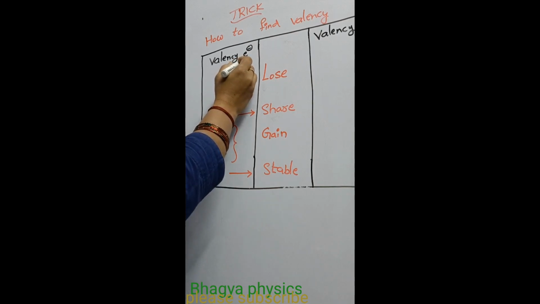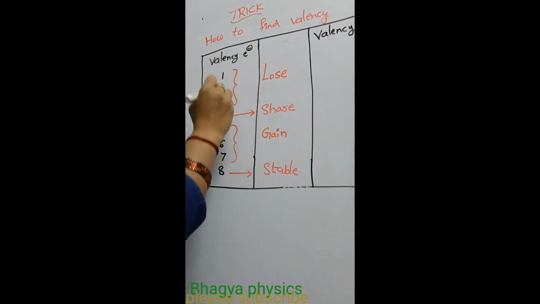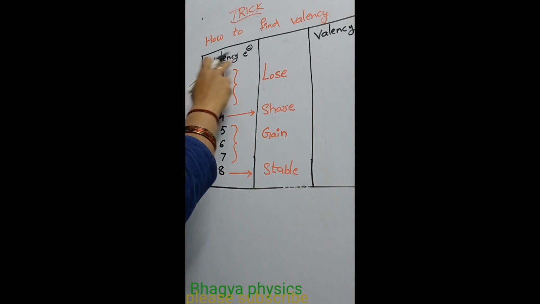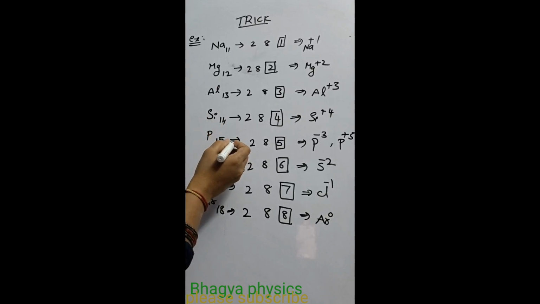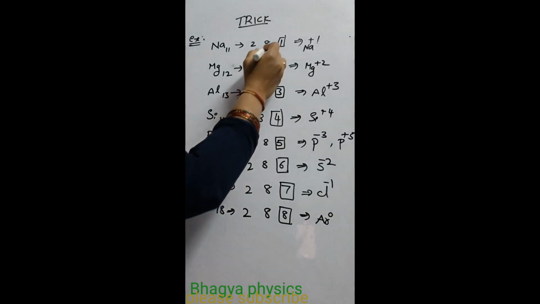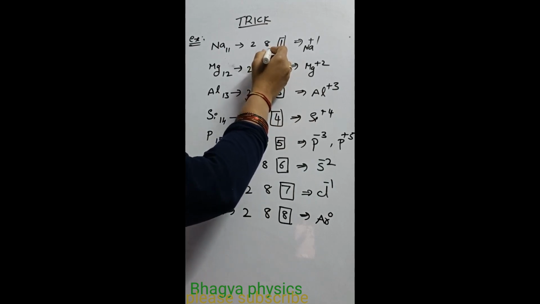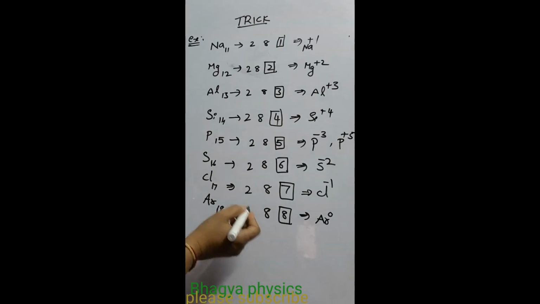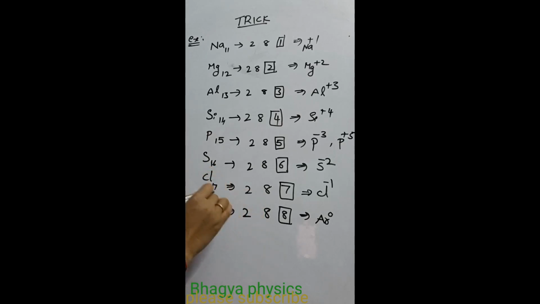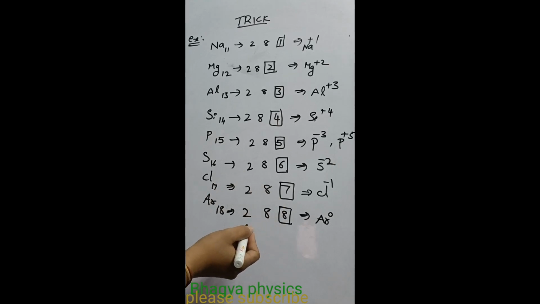The number of electrons present in the outermost orbit is called valency electrons. Why do atoms participate in chemical reactions, or why are atoms very active? To get an octet. Octet means 8 electrons present in the outermost orbit. Octet is the most stable configuration for each and every atom. So each and every atom participates in chemical reactions to get an octet.